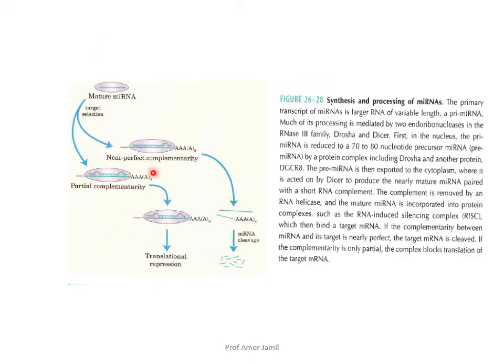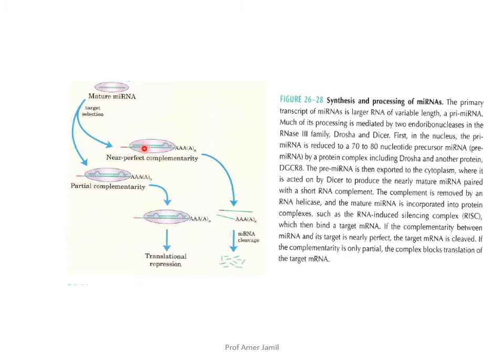One is that there is partial complementarity of the messenger RNA to this microRNA bound by the RISC. If it is partially complementary, then translational repression takes place, meaning there is no translation from that particular messenger RNA. But in case of